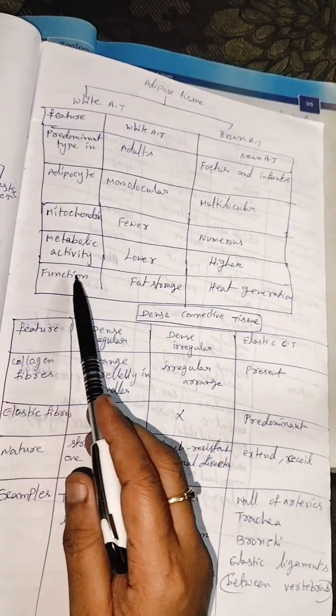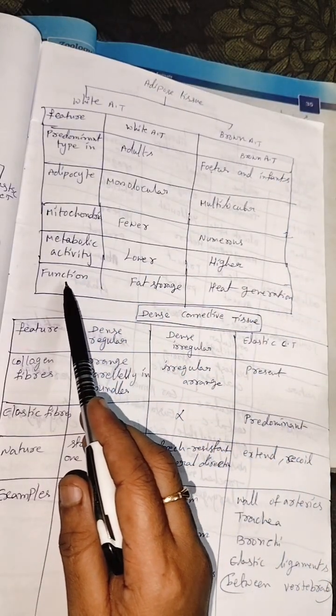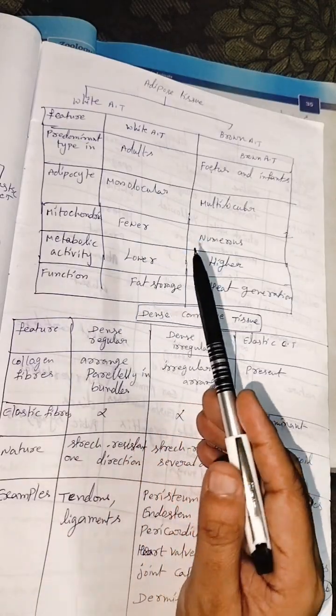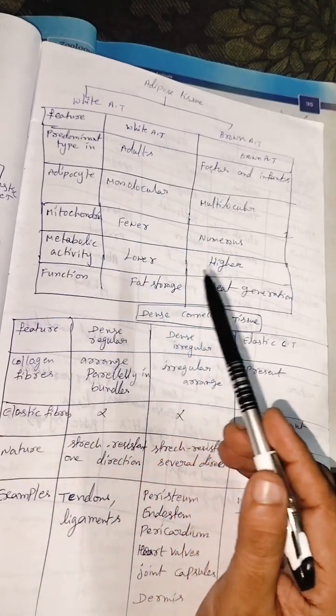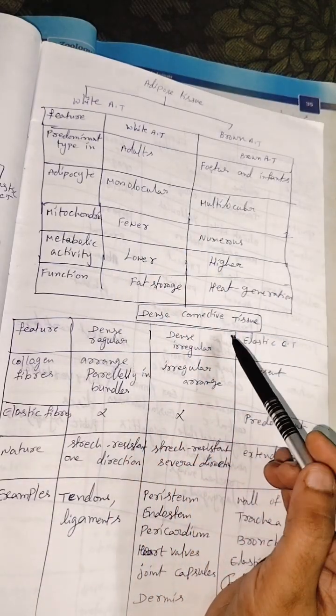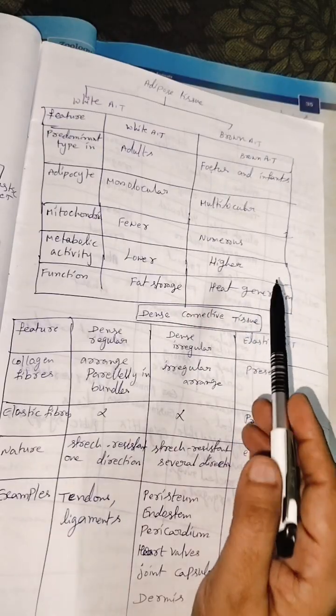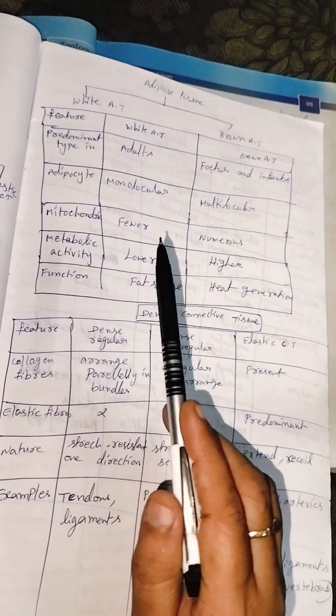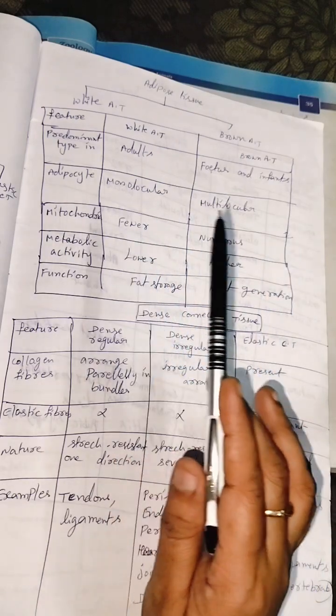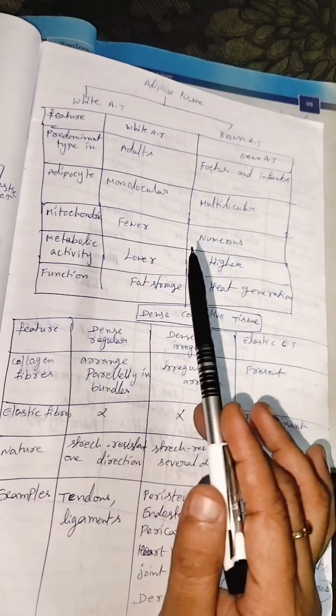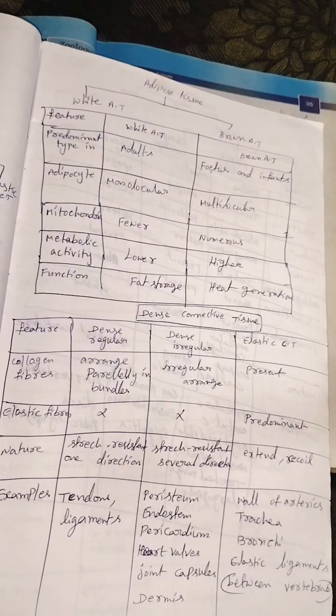What is the function of adipose tissue? White adipose tissue stores fat. Brown adipose tissue generates heat, so its function is heat generation. So this is the overall topic of adipose tissue, white and brown adipose tissue. Next one,